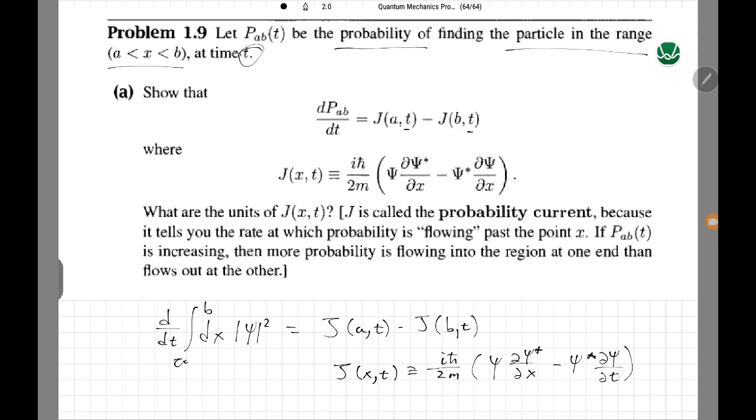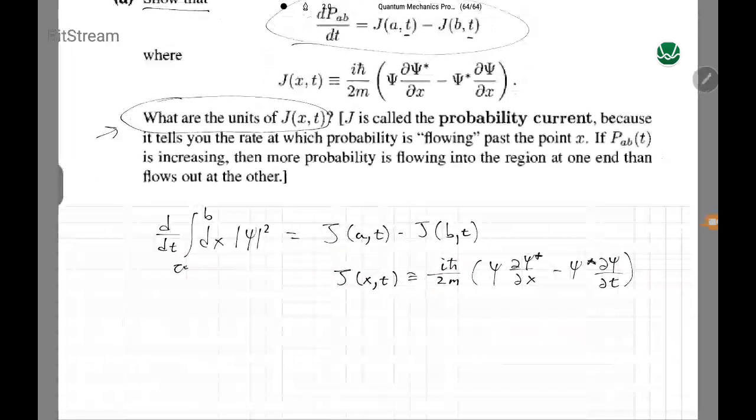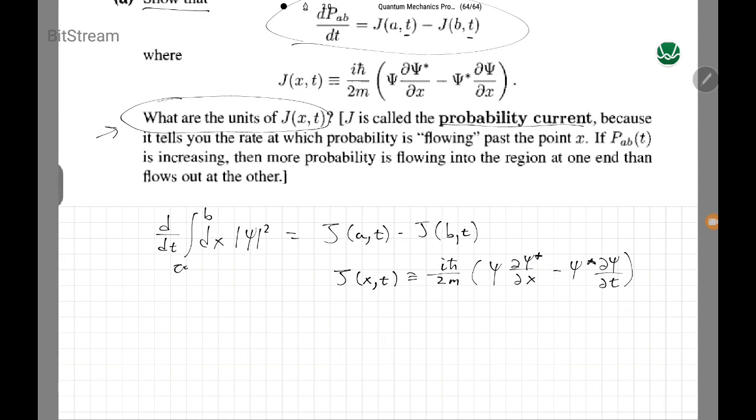So this might look familiar already to you. And the first thing it says to do is to show that this is true. Then it asks what are the units of that. Well, this is where we're going to start, because this should always be your first question: what are the units of this function? It's called the probability current,